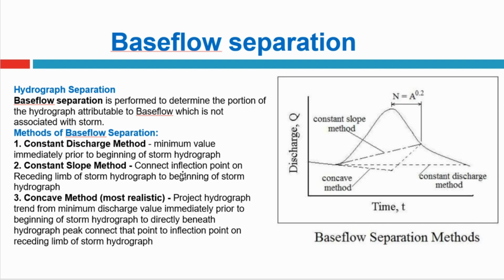So what we do is we try to separate out the base flow from the direct runoff. As you can see in the given figure, there are three methods through which we are doing it. Several engineers, based on the catchment area, define their own method of base flow separation. These are some of the widely used methods of separating the base flow from the hydrograph or from the discharge. But based on the condition of the catchment area, you can define your own way of dealing with the base flow, how to separate the base flow.